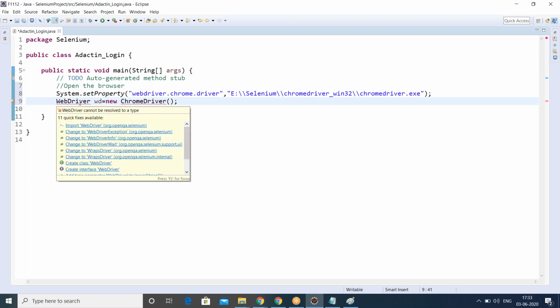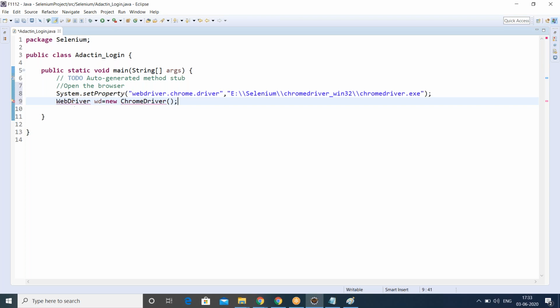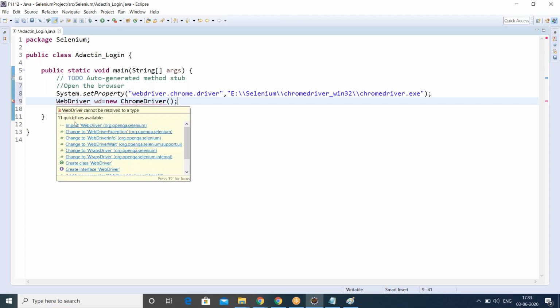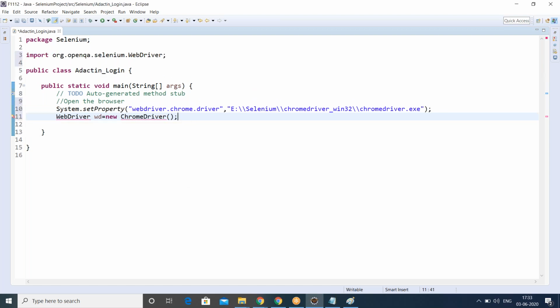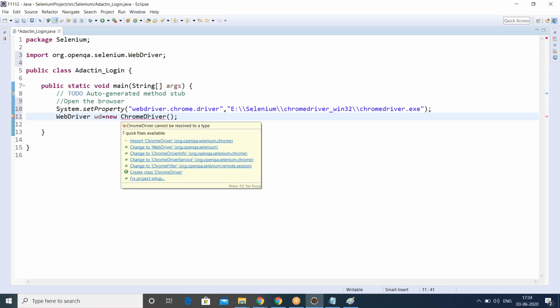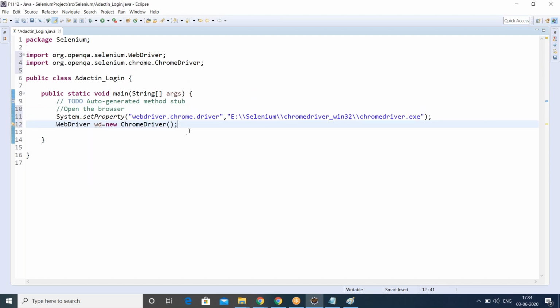It will ask you to import. After typing WebDriver, if you see this import option, it means the configuration was done properly. Import. Perfect. Step 1 is completed.